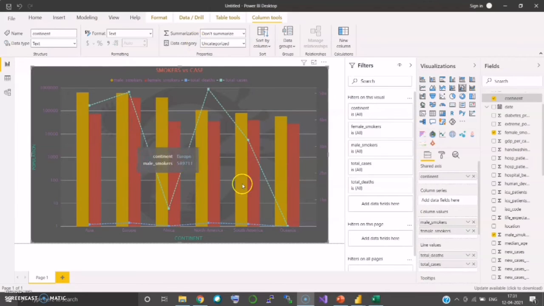So from this map, what we can define is that not all the cases, those who tested positive for COVID-19, died. There is a huge difference in the death rate and the survival rate of people worldwide based on continent. Also, we cannot conclude whether the smokers died or not. So it's not clear, and we cannot come to a conclusion based on this chart.